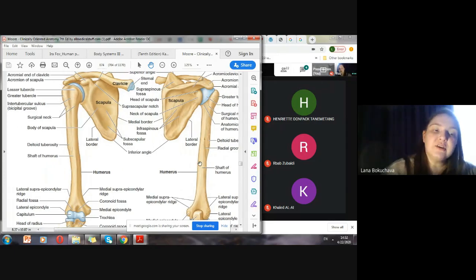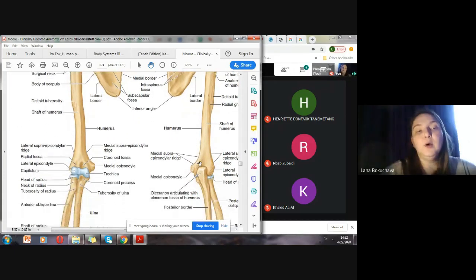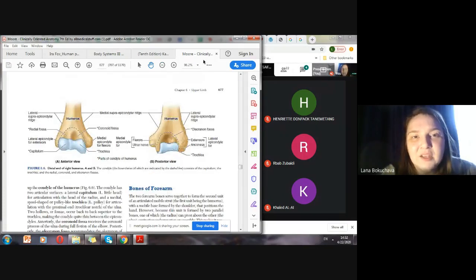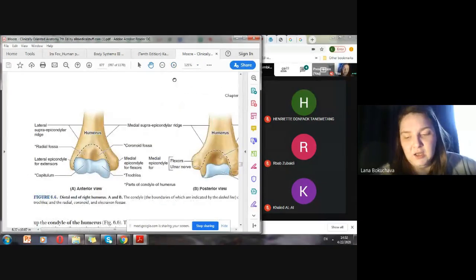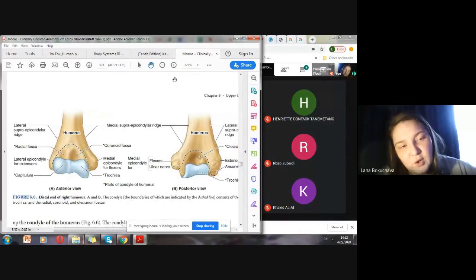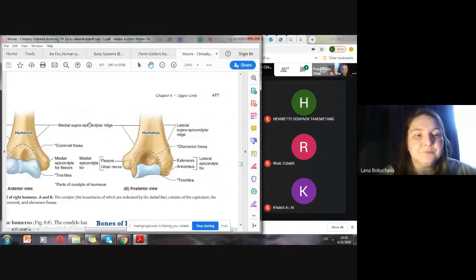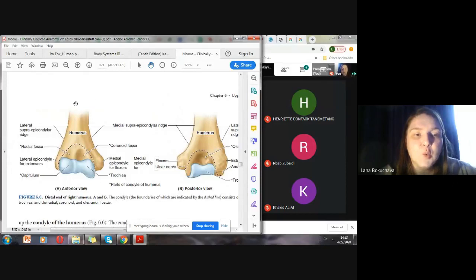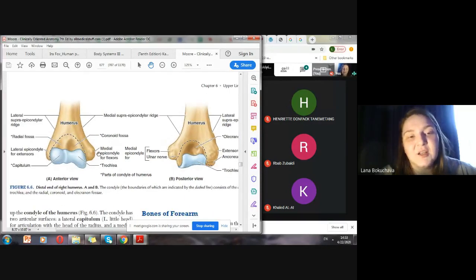Going down towards the part of the elbow, we can see the distal region of the humerus, and it's also very much important and interesting to talk about. To be honest, we have even a separate picture for that. Just a second. Here it is. This is the distal part of the humerus, which contains, as you can see here, the part of the